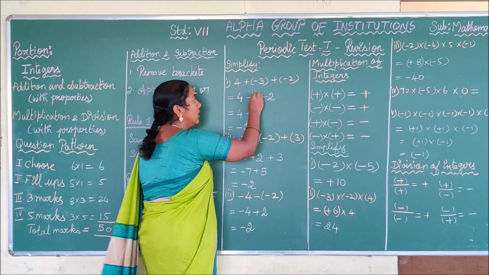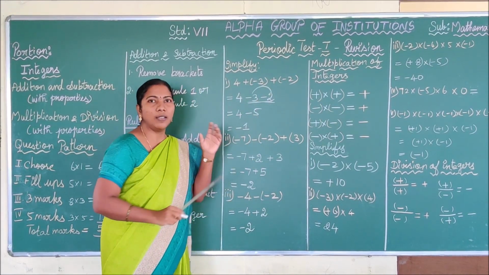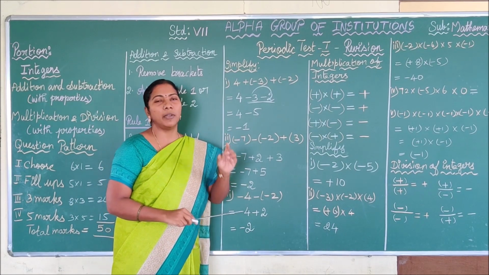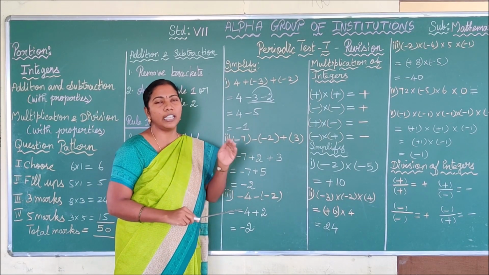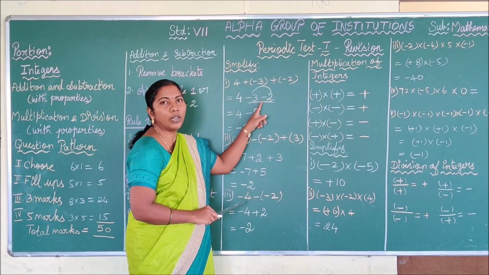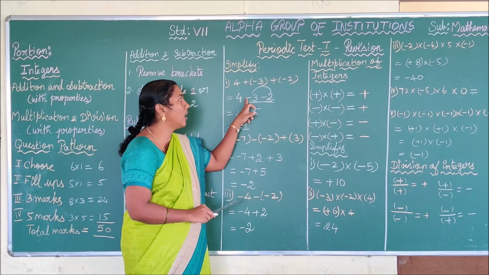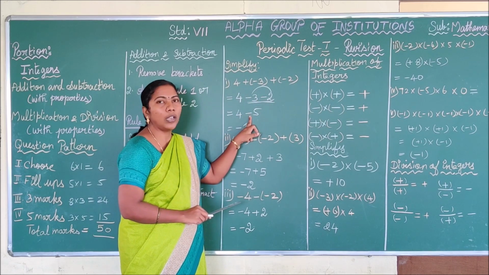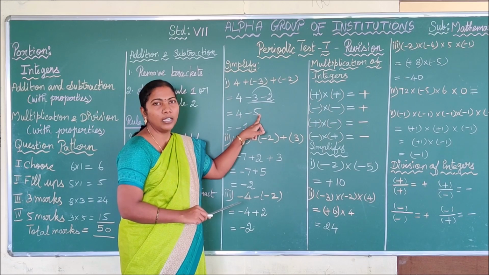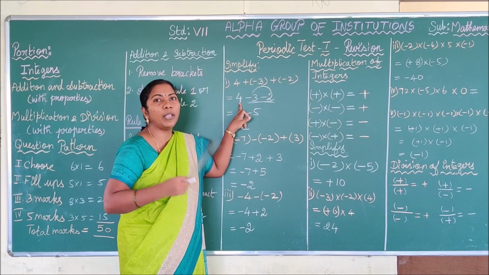Here I have chosen these two numbers. See here 3 and 2 have the same symbol, that is minus. As per rule 1, the given integers are in same sign means you have to add the given two numbers. Add 3 with 2. What is your answer? 5. Thus the sum takes the common sign. What is the common sign here? Minus. So you are assigning the symbol minus to 5. Is it clear, children?